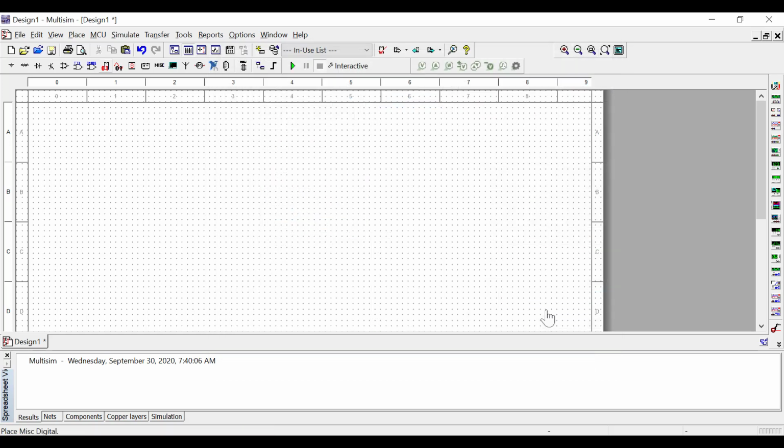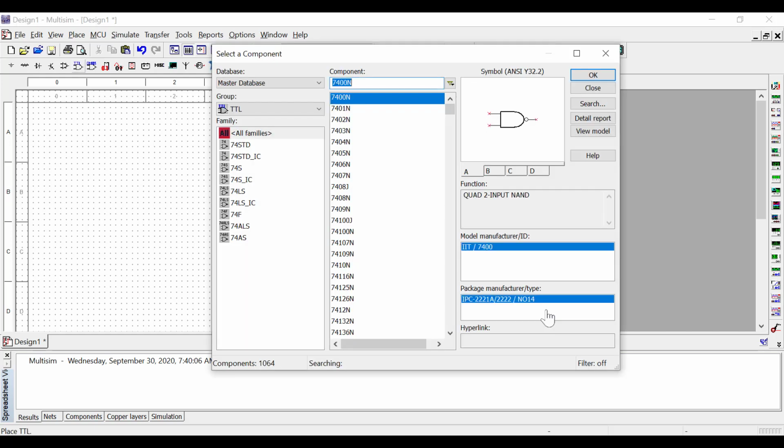Now if you click on the TTL, this TTL is nothing but a logic family where you are going to have different ICs manufactured with the TTL technology. So if you look at here, you can see there are different families: 74 STD family, 74S, 74LS, 74ALS. We have different families. If you look at here, we already know 7400 is a NAND gate. It's a quad 2 input NAND gate. That means you are going to have 4 NAND gates in that particular IC.